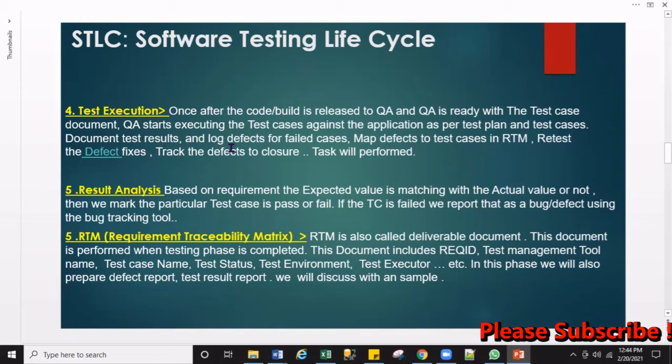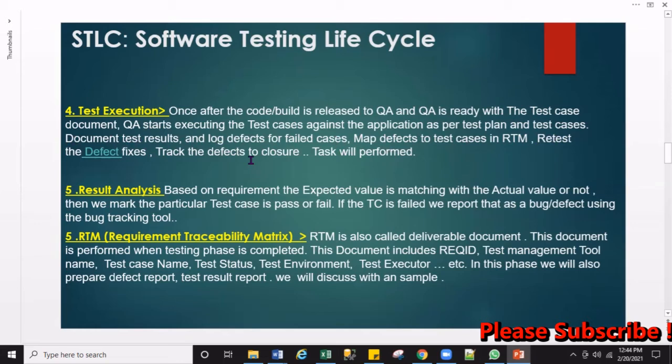While you are preparing your test cases, the development team will be preparing their code. Once they develop the product, and when your test case is ready based upon your test plan document, you will start testing. That is called execution. During the execution time: document test results and log defects for failures, map defects to test cases in the RTM, retest defect fixes, and track defects to closure.